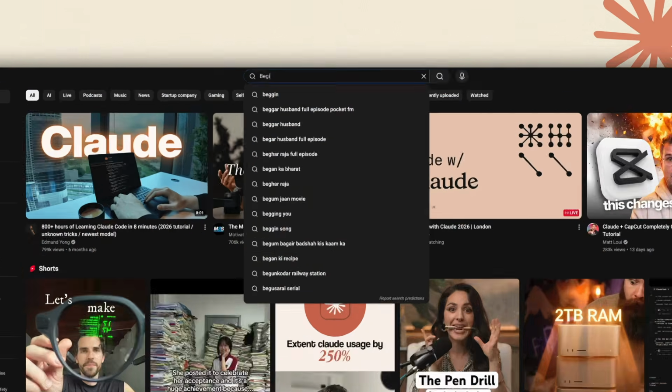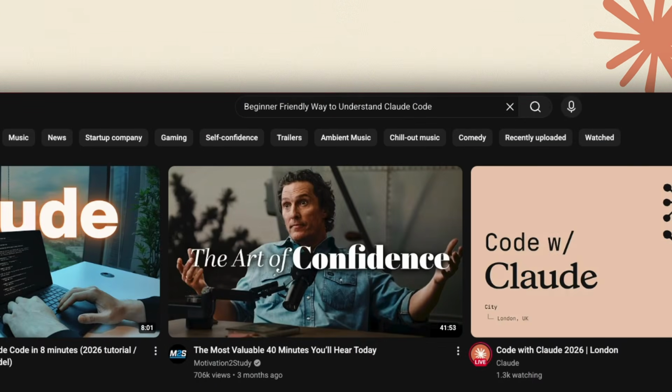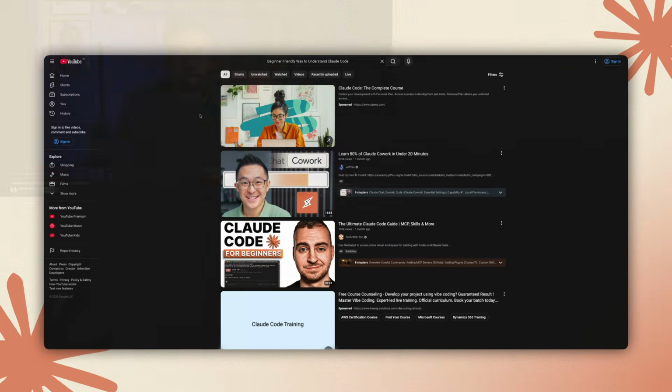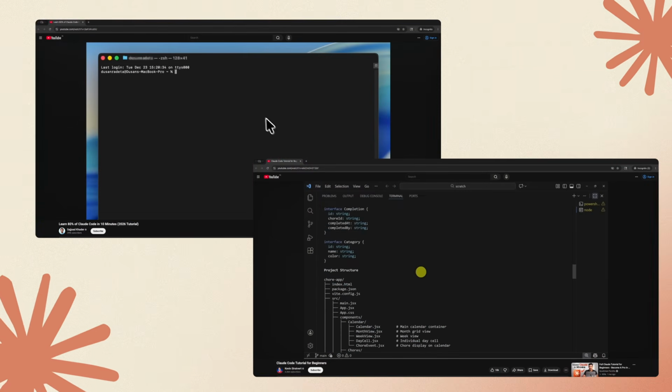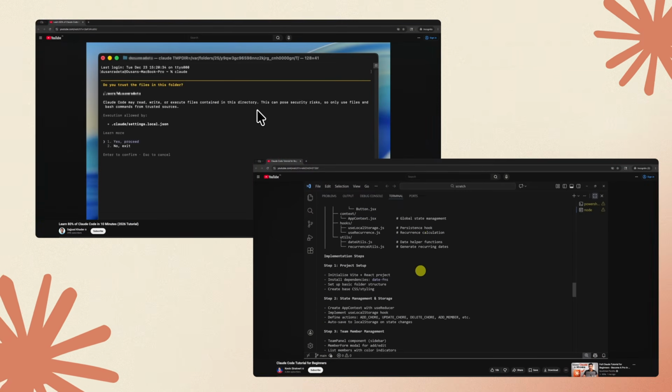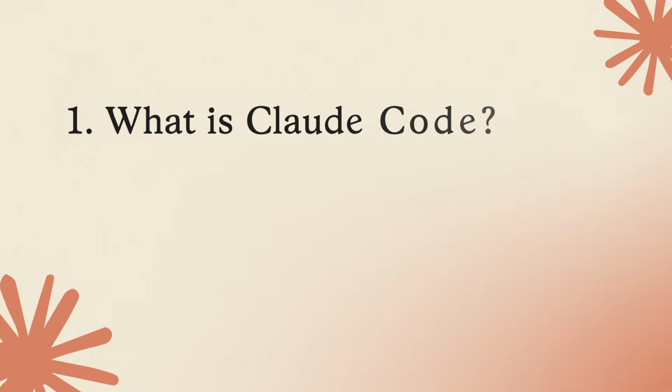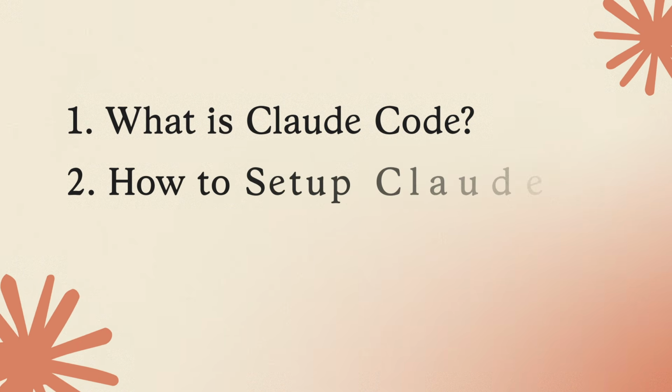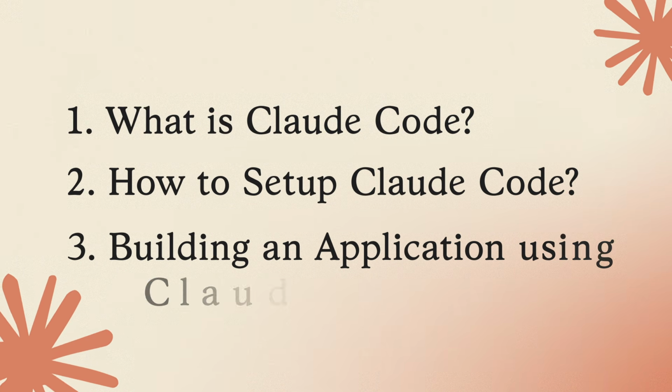If you are searching for a beginner-friendly way to understand Claude Code, then you are in the right video, because every other tutorial I found was way too technical. Like, they'd just jump straight into Git and Terminal, which honestly goes above the head of anyone who's not a developer. So what I've done is break it all the way down in simple English, and I'm gonna walk you through exactly what it is, how to set it up, and then actually build something live, so you can see the